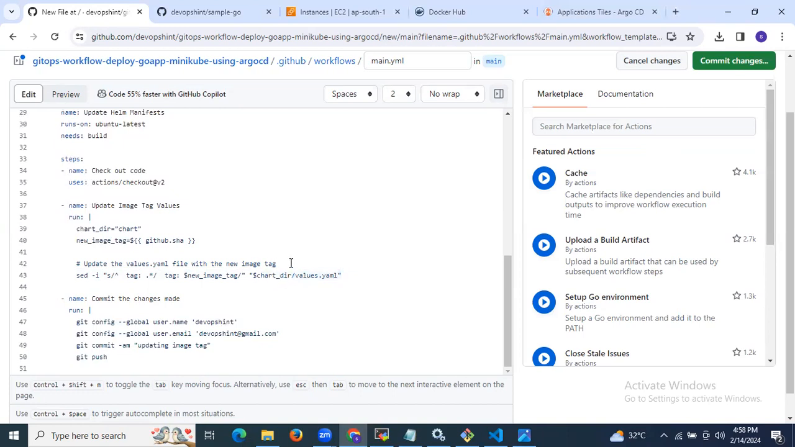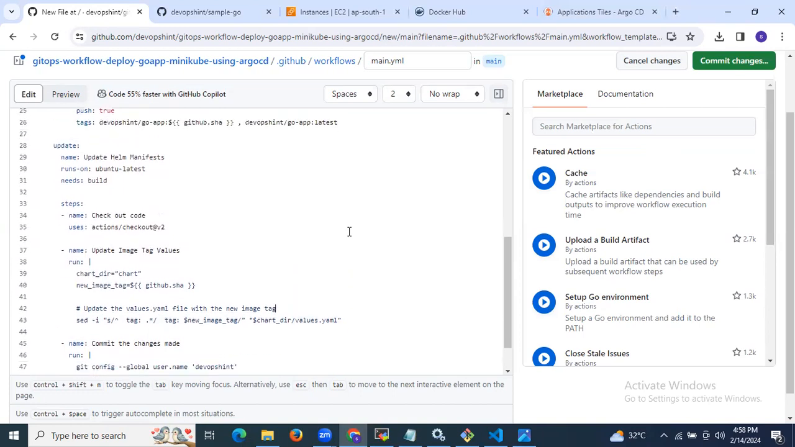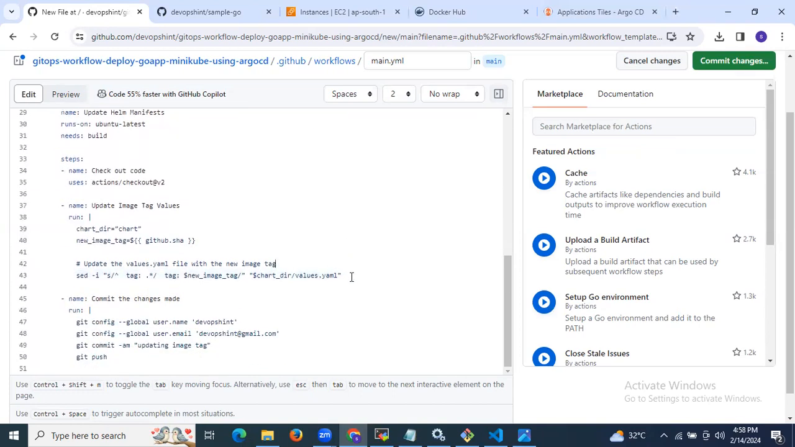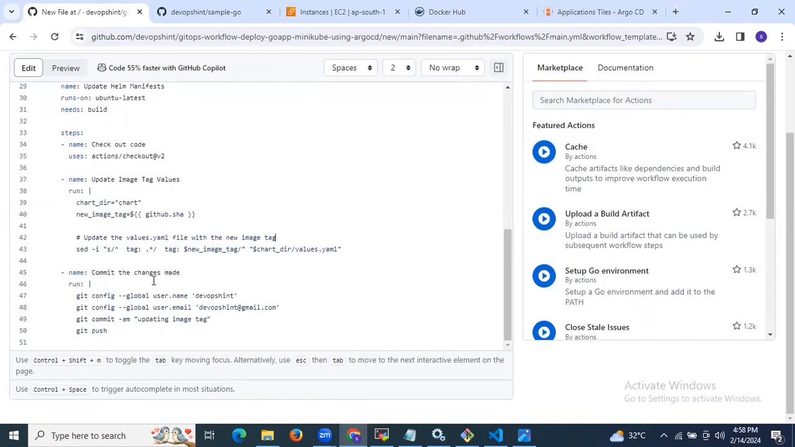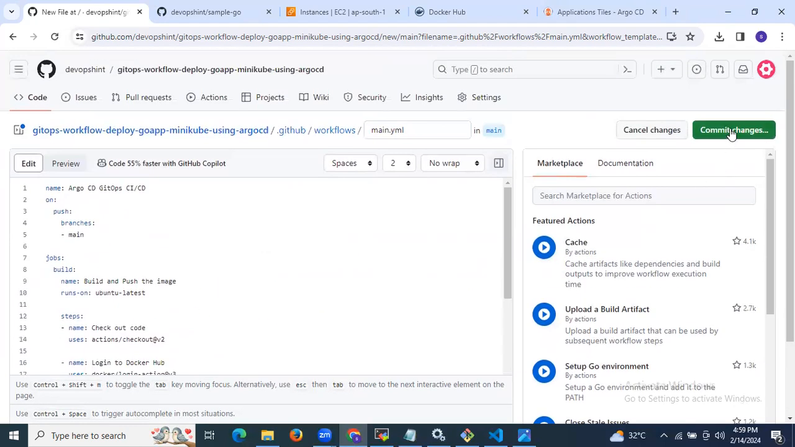So when we commit changes and when we run our workflow, it will automatically update the image tag in the values.yaml file. Then it commits changes, right? That means it commits changes to our values.yaml file, so it will automatically push the changed tag to this values.yaml file. That's the commit changes code. So when we run our workflow, it will automatically change our tag and push it to our values.yaml file. Okay, now click on commit changes